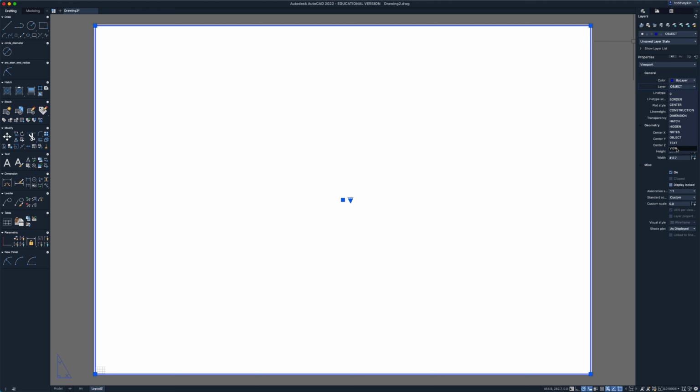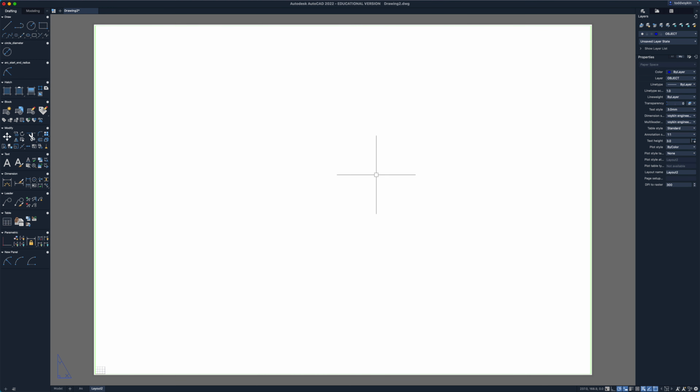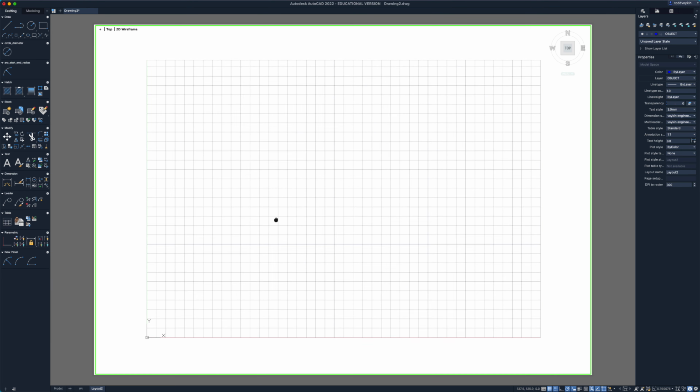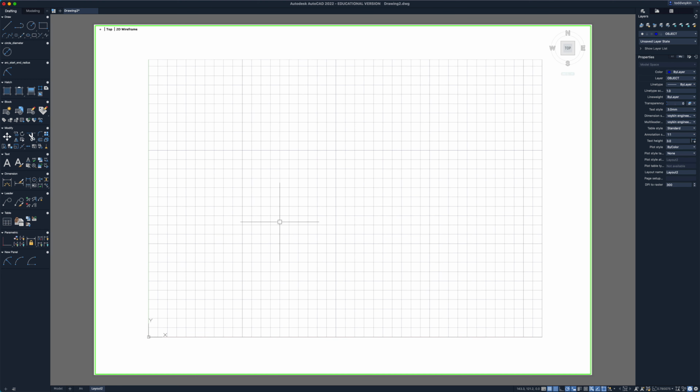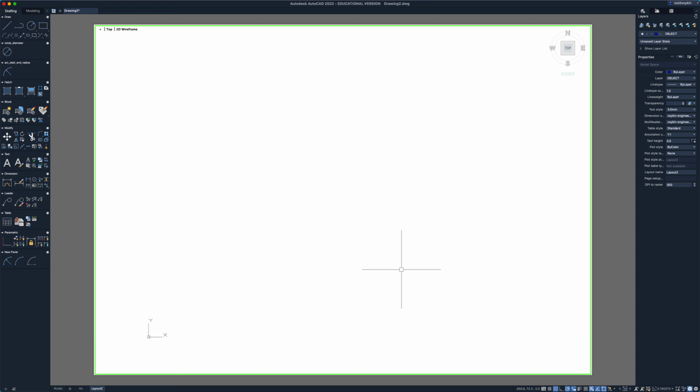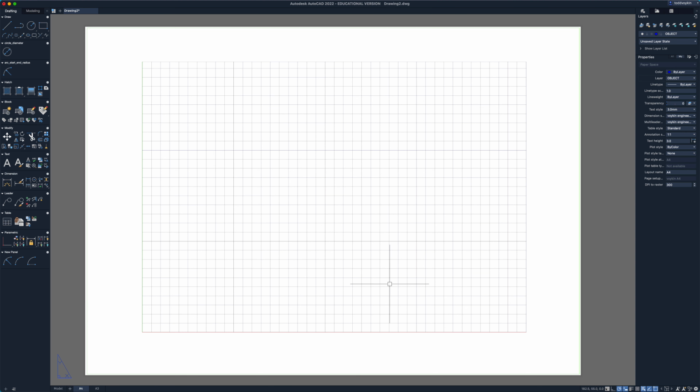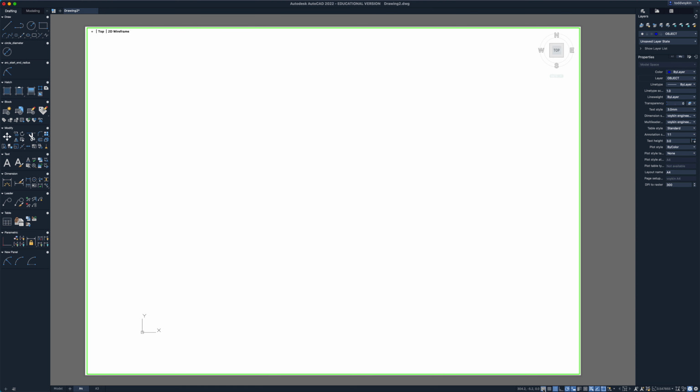change the layer to view, escape, change to model space, double click to get the grid in the center where we want it, and then turn the grid off and change it back to paper space. Okay, go to the bottom, rename, and this is going to be A3. And now the A3 paper is set and the A4 paper is set, except I forgot to turn off that grid. So I'm just going to go back into model space, turn off the grid, and go back to paper